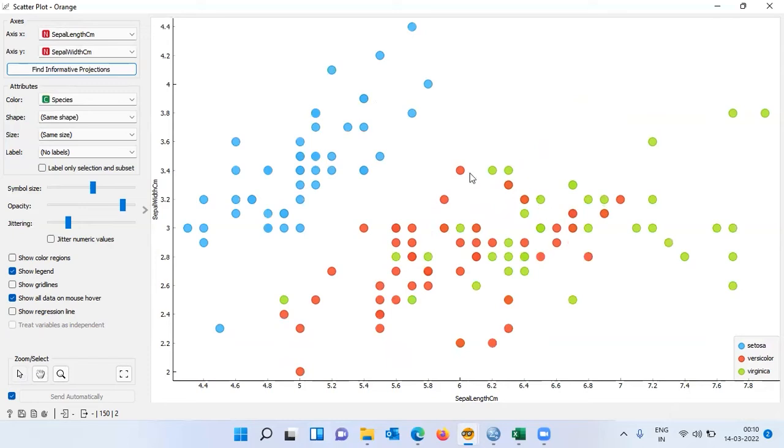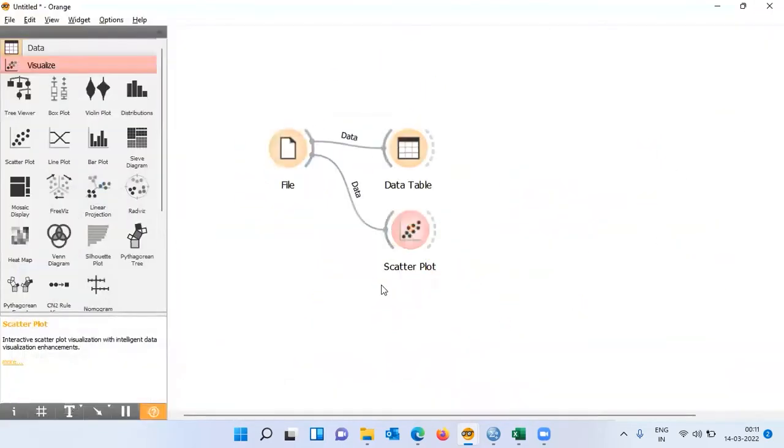But when you look at this entire region, you see a mixture of red and green color circles, indicating that it is not going to be easy for us to separate the versicolor and the Virginica flowers. So sepal characteristics are not doing a good job of separating the species of flowers, but when we use the petal characteristics, we can expect good separation. Now with this initial bit of EDA, what I'll do is I'll close the scatter plot and I'll proceed with